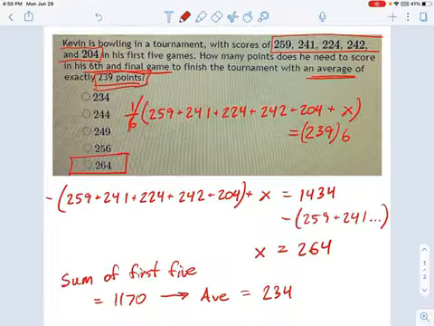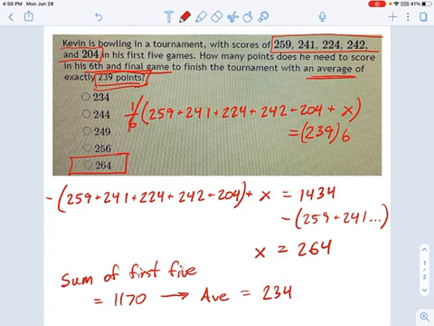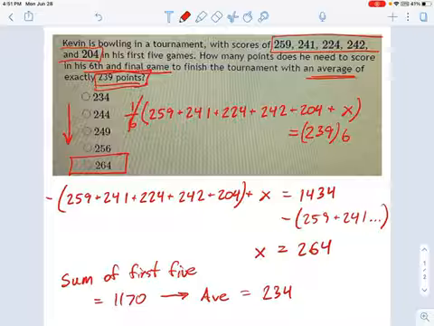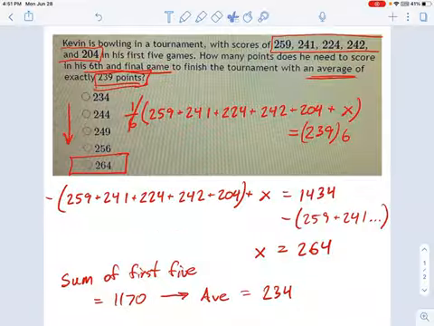So if my average is 234, and I want to finish with 239, what that tells you is you need a pretty good score to move your average up, because the average that you want is higher than the average you have. So I know I'm going to have to move the average up by 5 points in one game. That gives you a hint that we're talking about something towards the end of the list. If you have to make a guess, this isn't a bad way to do it. You say, I'm looking for a big number, so I've got to move my average up a lot. Okay, I think that's enough about this.